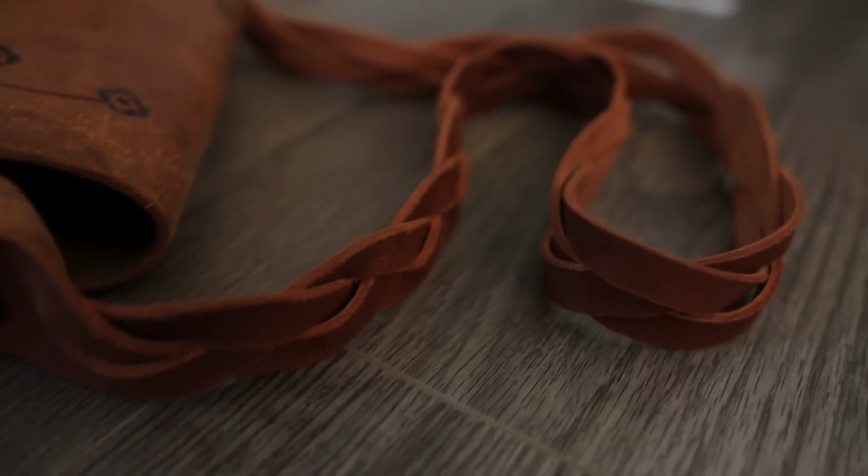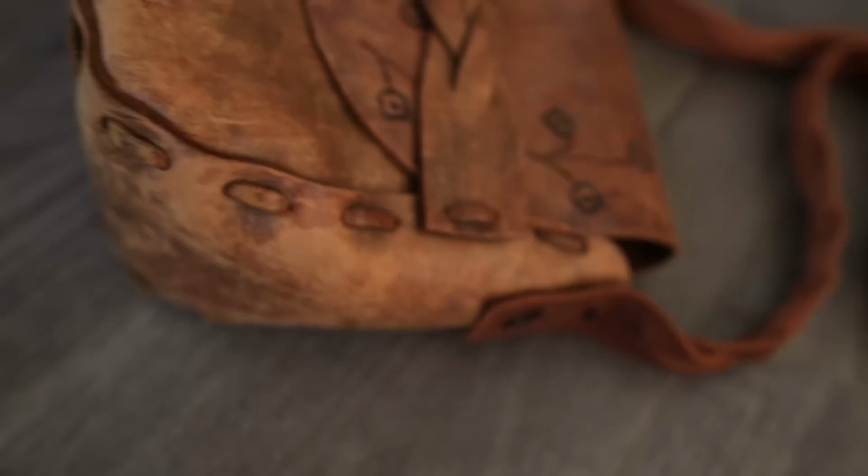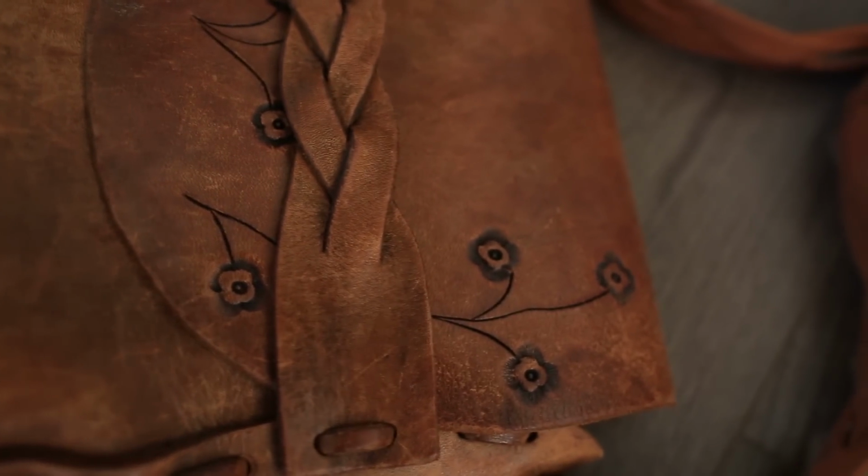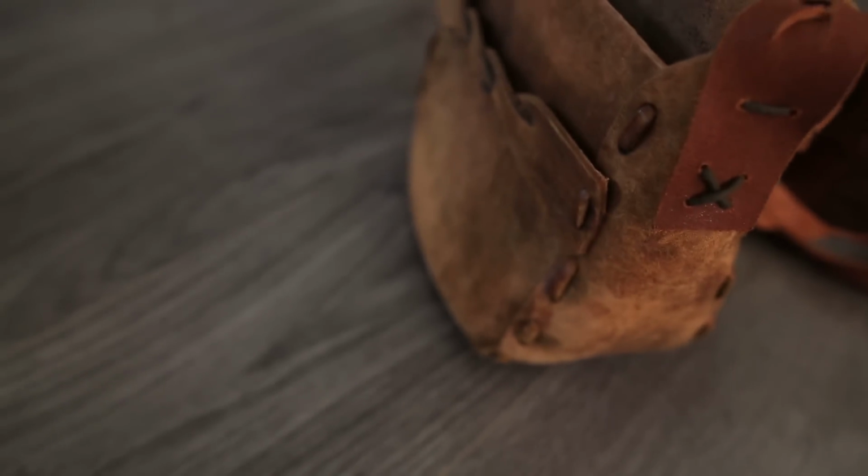It's a braided leather belt. The color isn't an exact match, but since the purse is so worn, I think it looks fine. It just kind of looks like a different leather tone, but it coordinates pretty well. So I was impressed with it. It was like $2, and I just brought it home and cut the metal belt part off of it, and used a drill gun and just kind of held the leather and made some holes in it and then tied it onto my purse. And I love it. I can use my favorite purse again, and it's not just sitting in my closet gathering